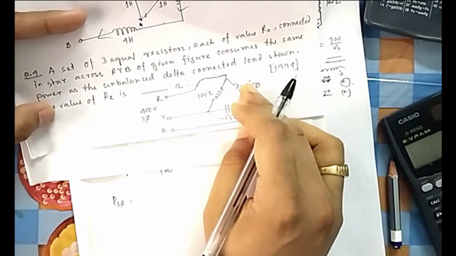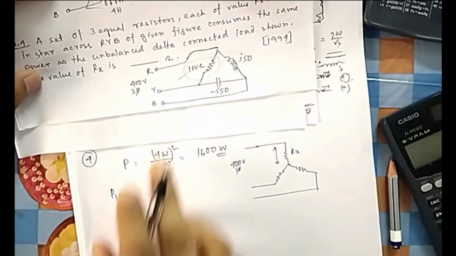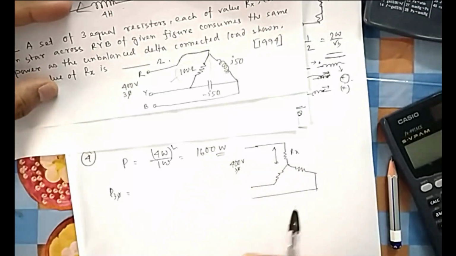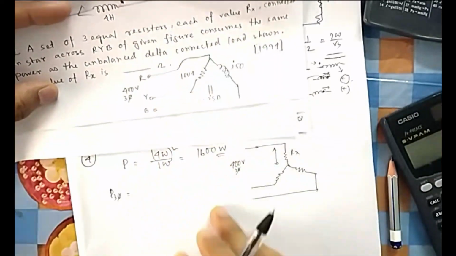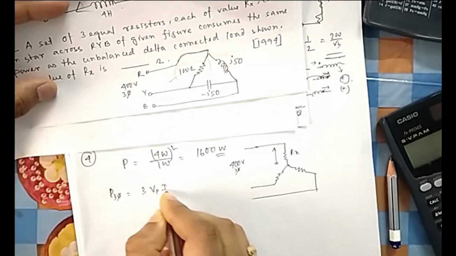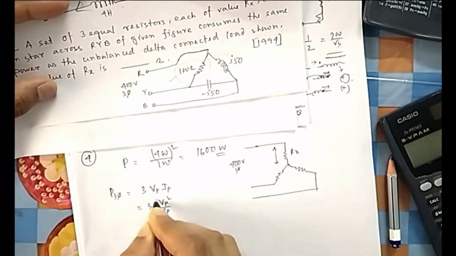So these two will be 0. You can do that way also, this power plus this power plus this power. You can add all these powers, then it will come total power. But here it was only this one, so that's why the answer was this much. Only I have considered this. So here what will be the 3 phase power? 3 into Vp Ip you can consider, or 3 into Vp square by Rp also you can consider.